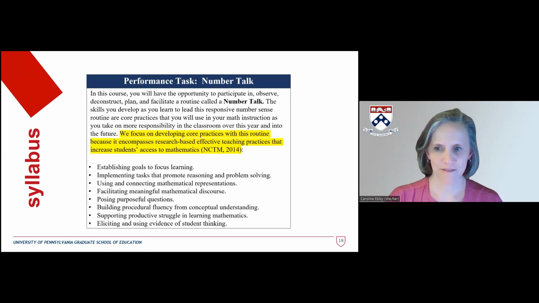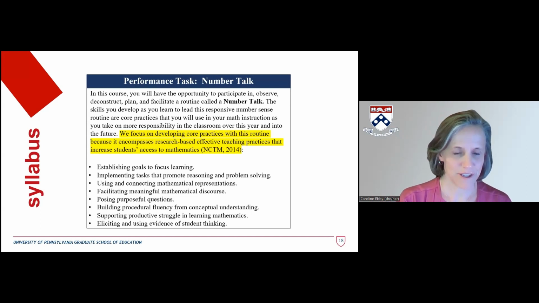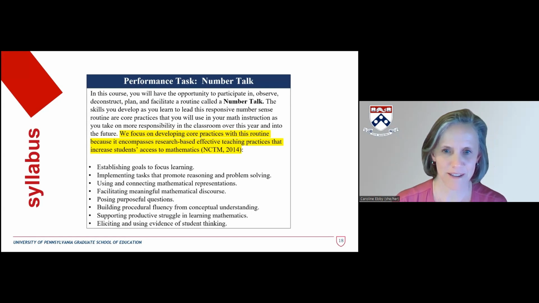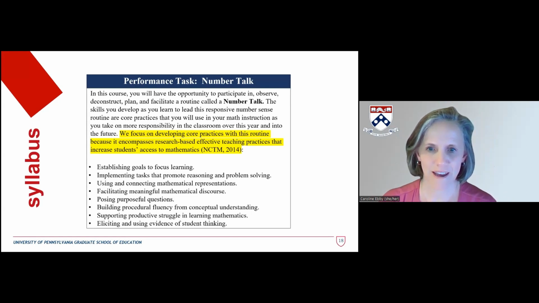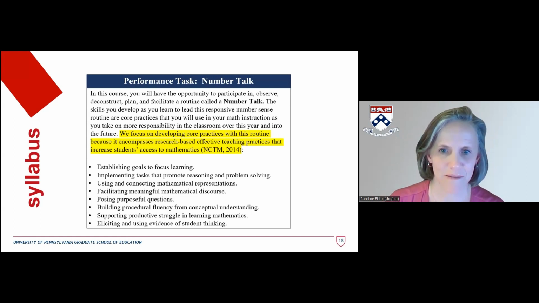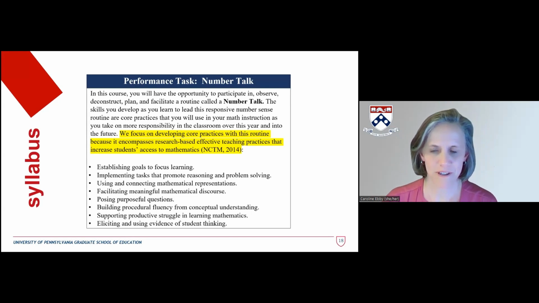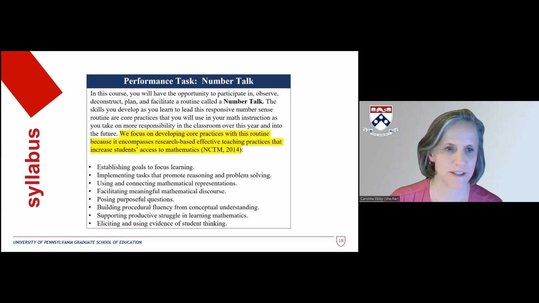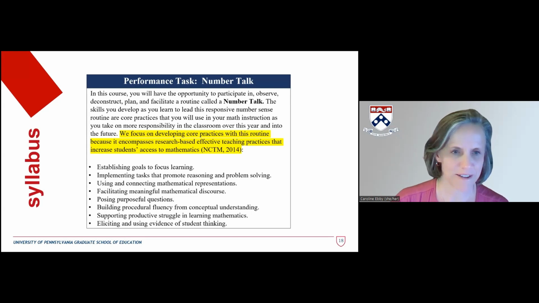And you can see I've listed eight core practices that are recommended as research-based effective practices by the National Council of Teachers of Mathematics in the US. And you can see there that facilitating meaningful mathematical discourse and posing purposeful questions are some of those practices.